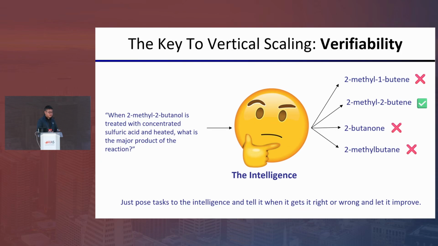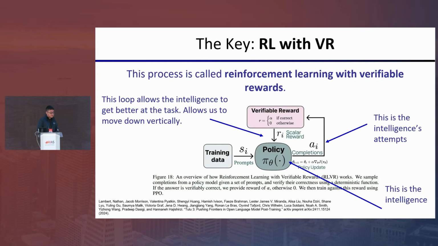Here I'm showing a particular example of verification, which is one of the simplest ones used in the literature. Say you have this chemistry question; then maybe the students would be able to propose many different answers. Then the teacher will be able to tell the students which answer is correct and which answer is incorrect. Then hopefully the student can figure out the learning mechanism, so that next time when proposing an answer, the answer is actually correct. So it's a basic paradigm.